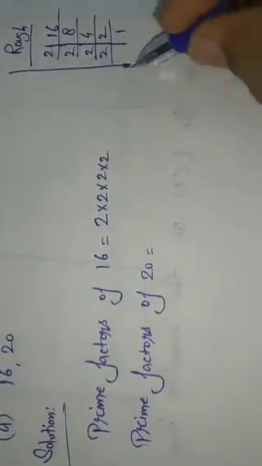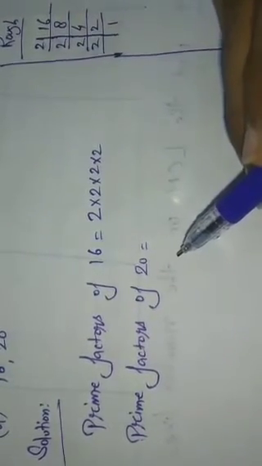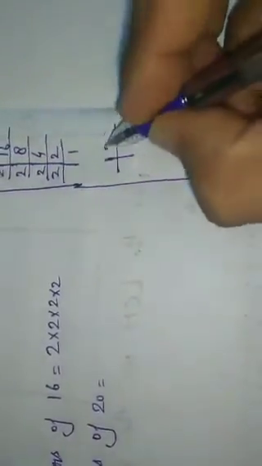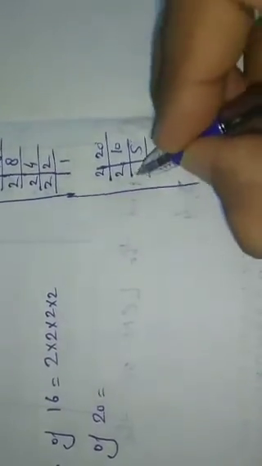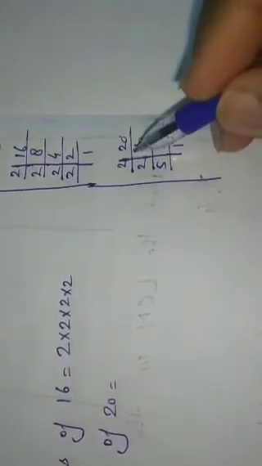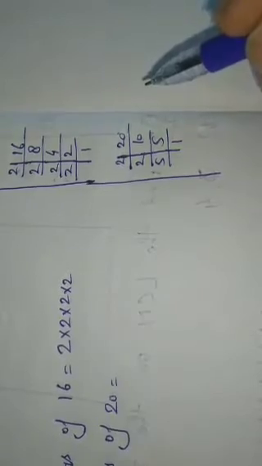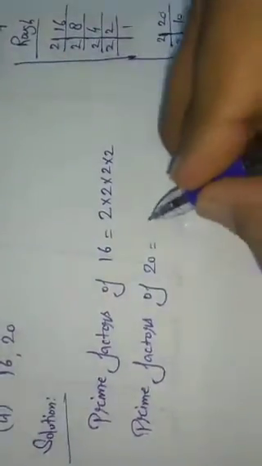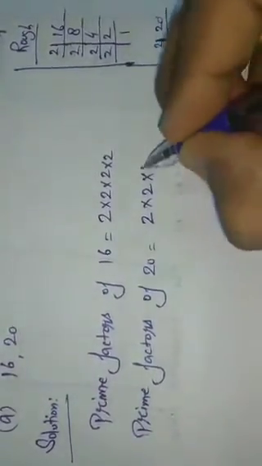Then another number is 20. Same thing here, you will find the prime factors of 20. 20: 2 10s, 2 5s, then 5 1s. Remember here, students, when you want prime factors, you will start taking the prime factors from the smallest number. The smallest number by which it is divisible first, you will start extracting prime factors from that. So here we have found the prime factors of 20 equal to 2 into 2 into 5.